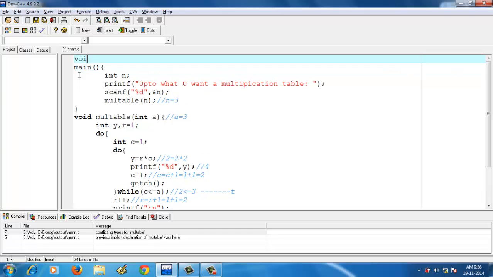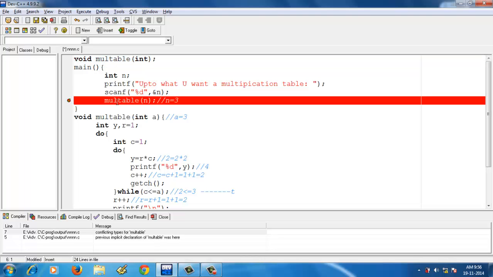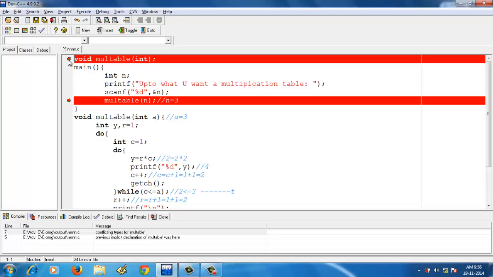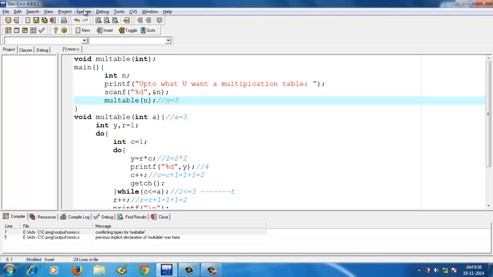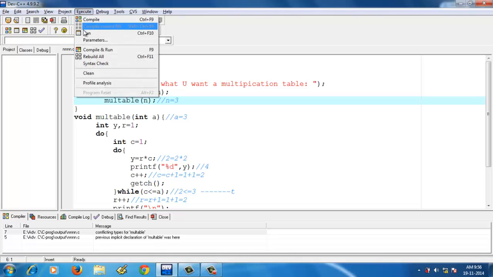So we write here void multiple table int, means here is the function declaration part and the definition part is anywhere in the program. Whenever the control goes to multiple table n, then the control automatically goes to above the main and it says that the function is defined anywhere in the program. You can search that. So if you now save it and execute,